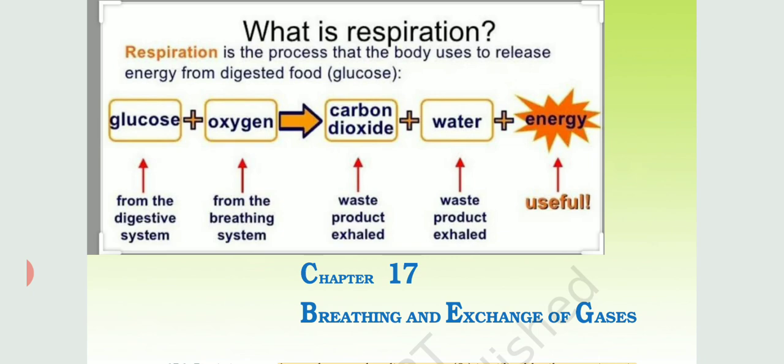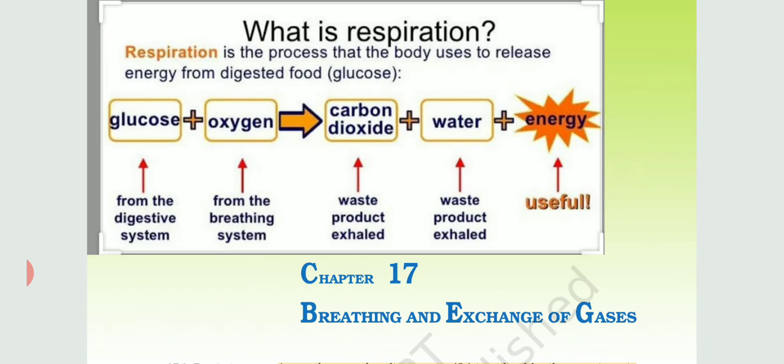Now, that oxygen, where it is needed in the body, how it gets transported to each and every cell, tissue, organ, and organ systems, what are the different transport systems and components that are helping in it, what are the different processes involved? What are the pathways? What are the different disorders? And how our respiration rate is regulated by our nervous system. So, this is all that we are going to talk about in this chapter, breathing and exchange of gases.